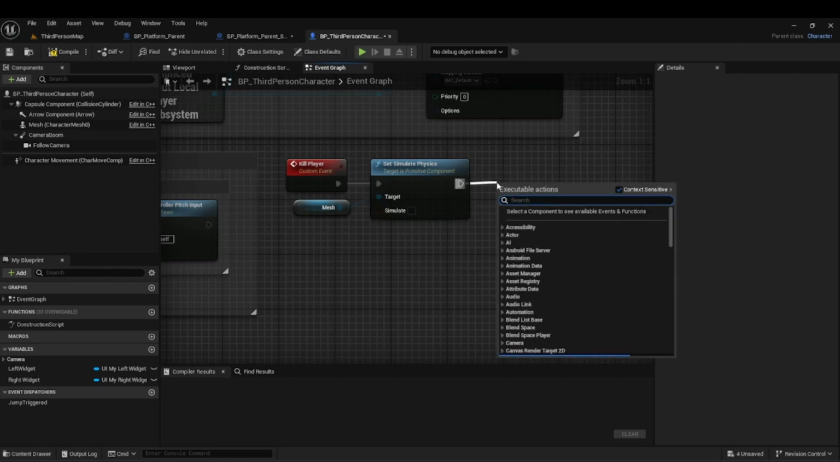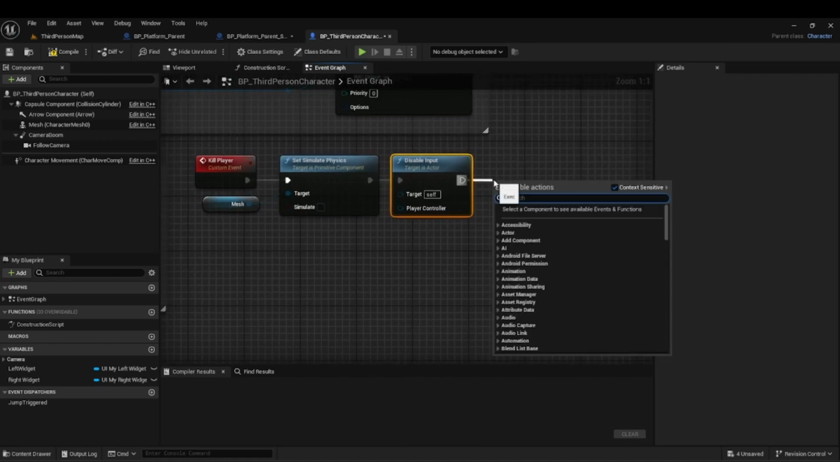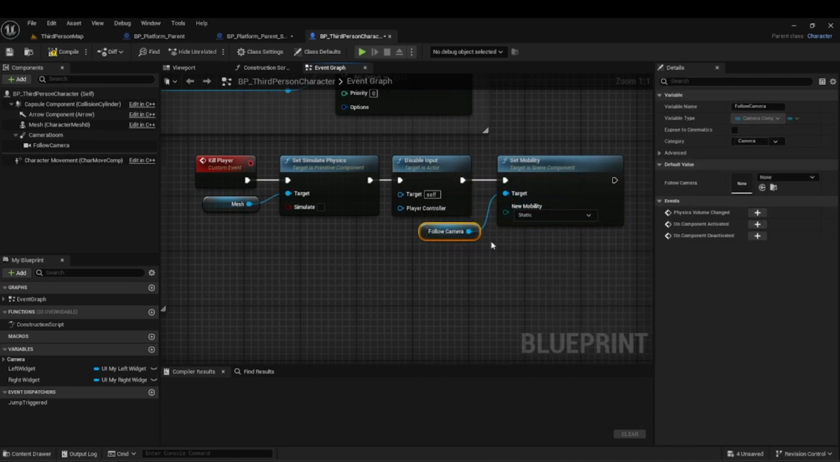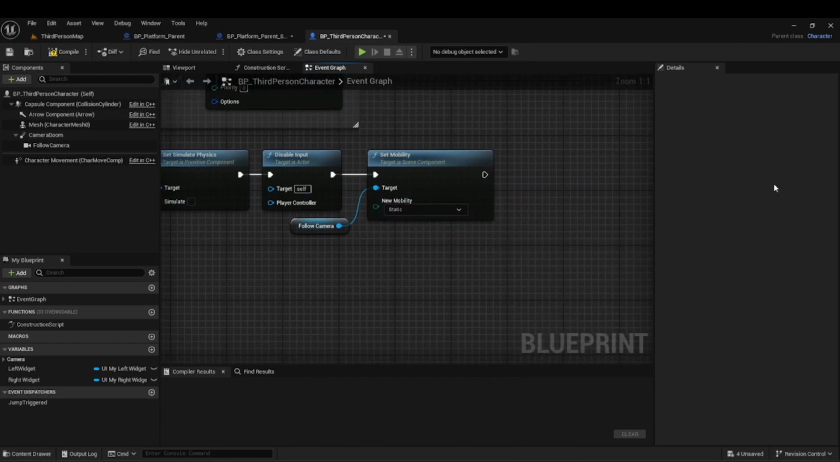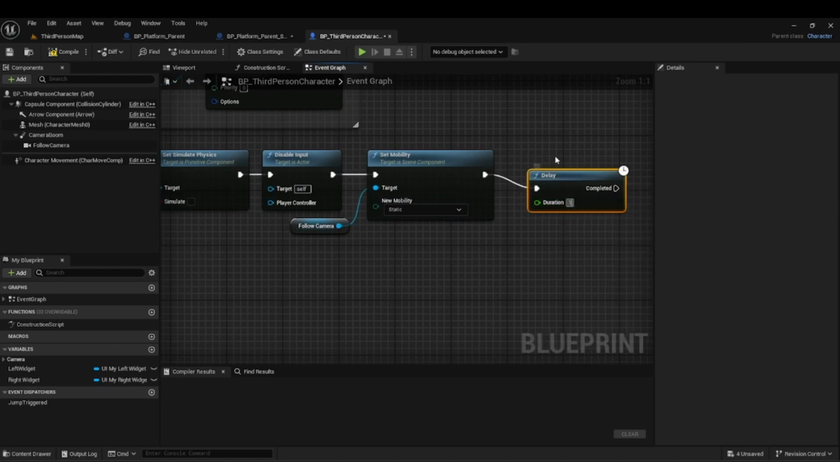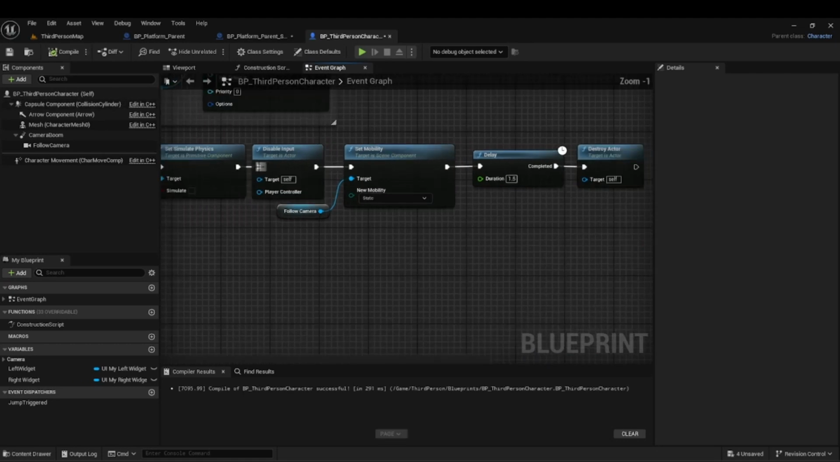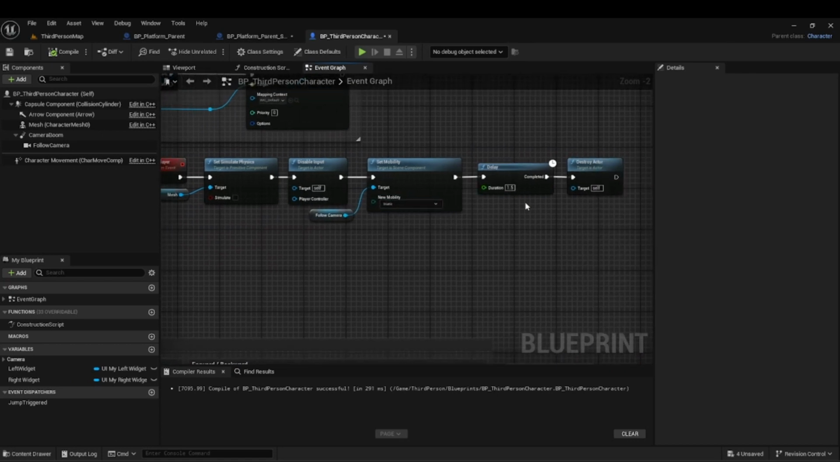If you're not using physics, we're going to want to disable input. We don't want to let the player do anything. We also want to set mobility of the camera and set it to static. We want to make sure that they can't move it. And then we want to delay. Let's say 1.5. And then destroy actor. So now, when we kill the player, they'll drop dead, and then you can't do anything, and 1.5 seconds later,